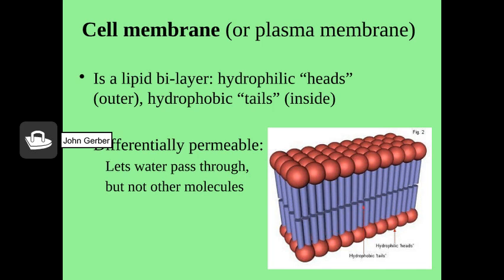Just inside the cell wall, we find the cell membrane. This is a living component of the cell, unlike the cell wall. It's composed of a lipid bilayer, that is, two layers of molecules, in which part is lipid or oil-like, and part is a phosphate compound, represented by the red balls in the picture. The lipid component of the molecule, the blue part, is